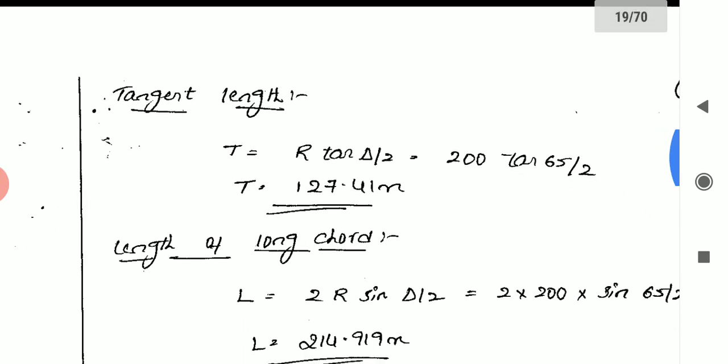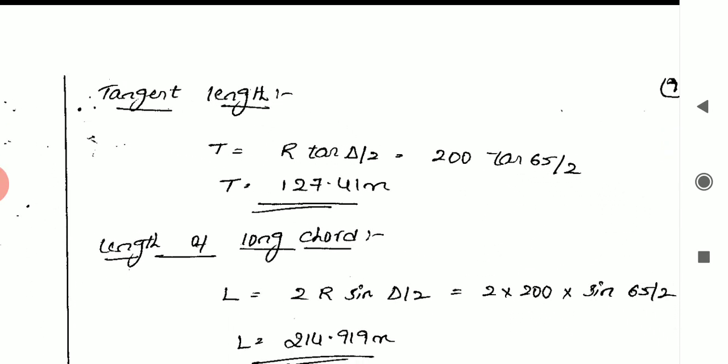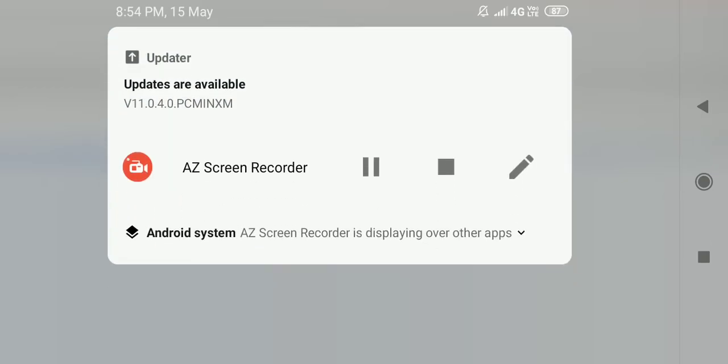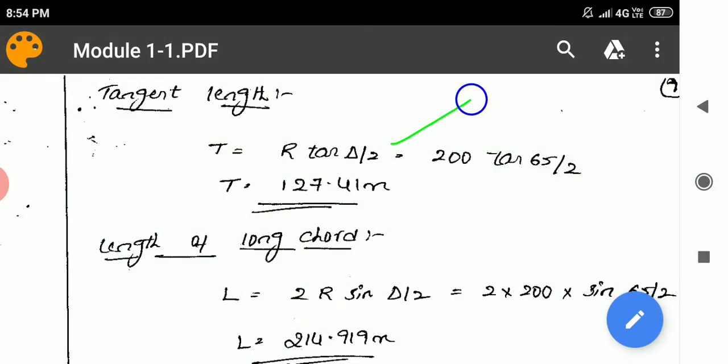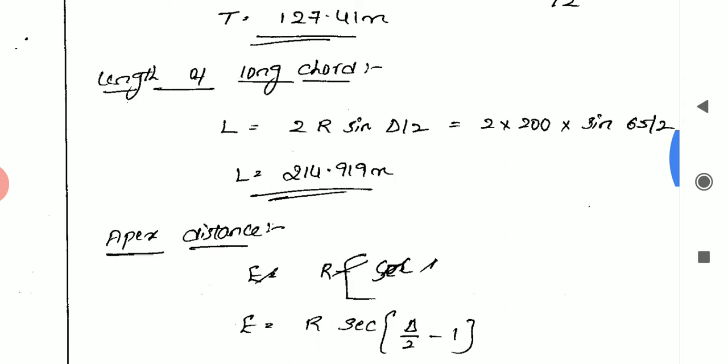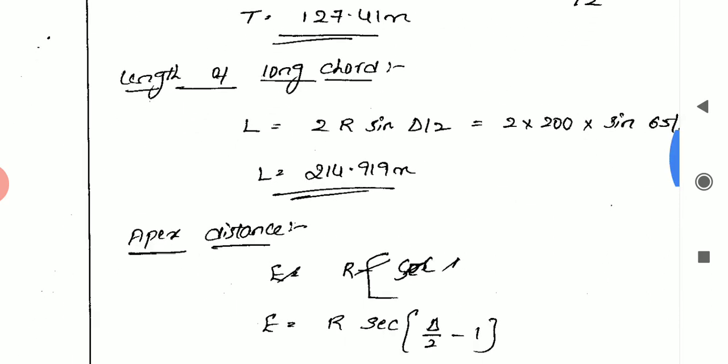Okay, same tangent length. So tangent length I have to calculate. Tangent length is T equal to r tan delta by 2. And also the length of the long chord. That formula is 2r sin delta by 2. By substituting all these values, I will get the length of long chord, tangent length, and next one